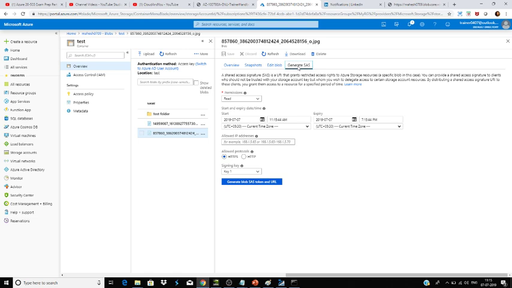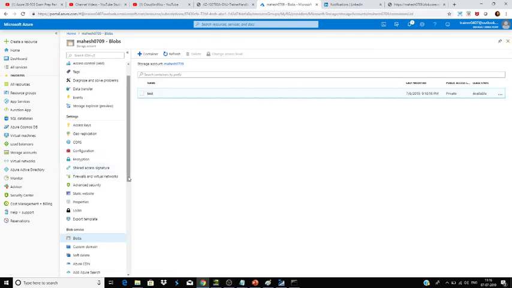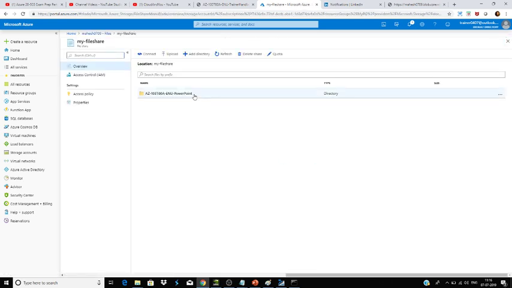Account level is for the whole Azure account, and service level is for the individual service that you are going to. So when you go to blob and then you go to generate SAS, that is service level shared access signature. Similarly, if you go to file, click on the file share and then click on any file that you want to share,